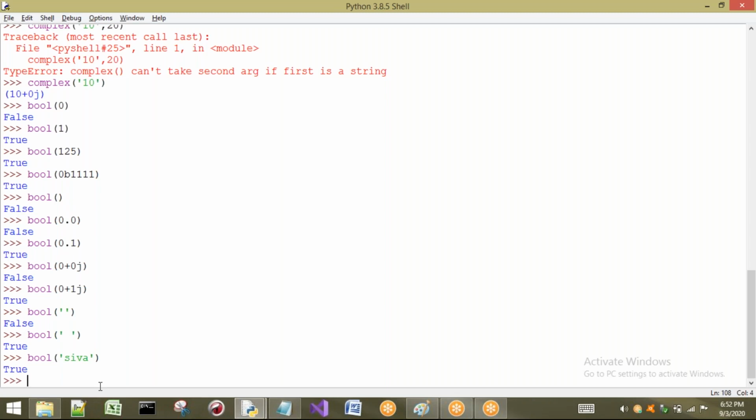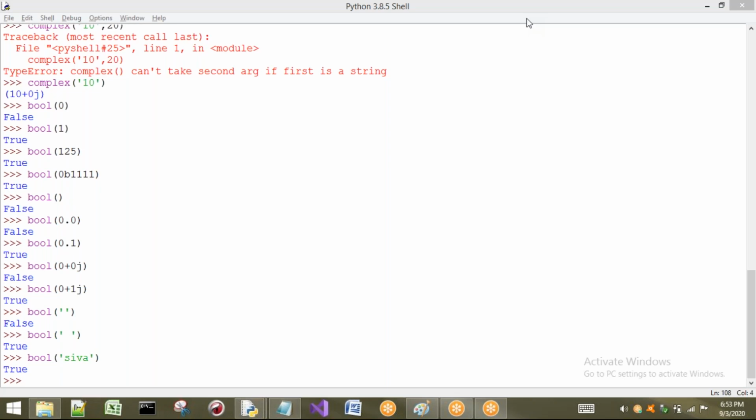Okay, this is about converting all other types to bool type. Here there is no problem, you just have to remember only zero. In int, if 0 is there, it is False; except 0, all the remaining give True. In the same way for float, only 0.0 gives False. That means not only 0.0, 0.0000 also is 0. If it contains only zeros, it will give you False. If you go for non-zero in floating also, you are going to get True.